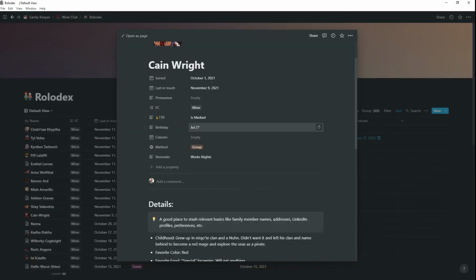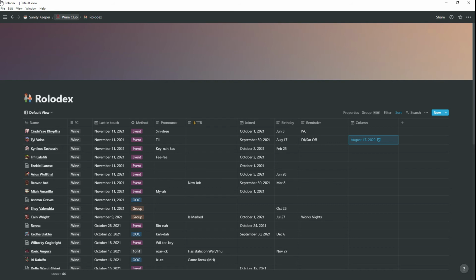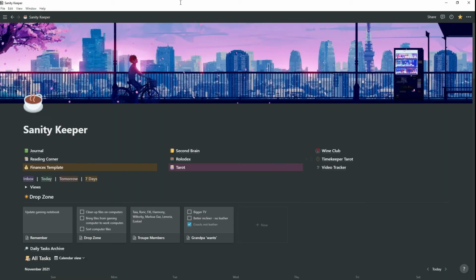So for example, like Kane, he's pretty sparse as well. He did a trial on the 9th, right? So I remember that on the 9th he did his trial, and then we had a conversation afterwards about him taking on the role lead. So at least that way I'll know. If somebody says, hey, when did you talk to them about this? I'll be like, it was on November 9th. Because my brain is full of lots of things, and trying to remember all that stuff just really does not help me out very much.